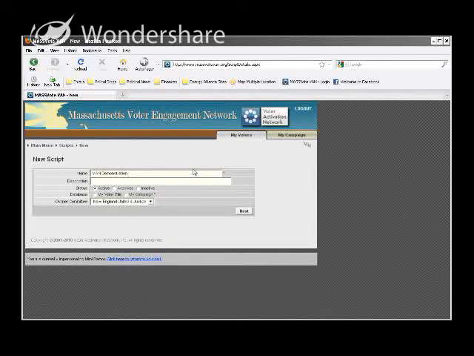Lynn just asked a question about how you keep up with relocations and deaths, and I'm going to show that in a sec. That's actually a Canvass result, which is a little different than the survey questions and Activist Codes. So we'll do that now that we're on the scripts. I'm just going to call this the VAN demonstration script, give it a name, give it a description. Now scripts can apply only to